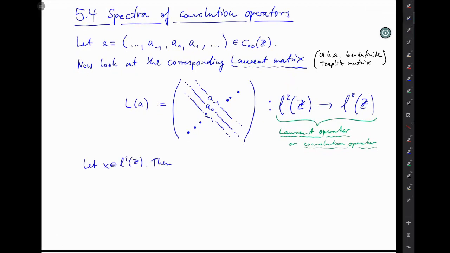So you take a two-sided infinite sequence X from L2 of Z and apply your convolution operator to it. And then you get another L2 vector, let's say Y, where the ith component of Y is just computed like